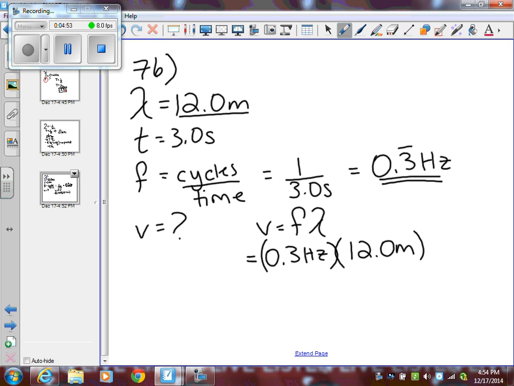So now we have 0.3 multiplied by 12.0, we should get 4.0 meters per second. Remember that speed is going to have meters per second. Velocity has direction, but speed has only magnitude, so at this point, we're not writing a direction. Okay, this brings us to